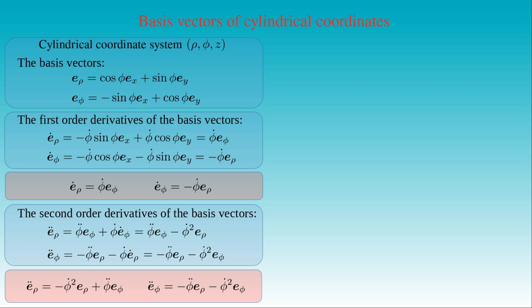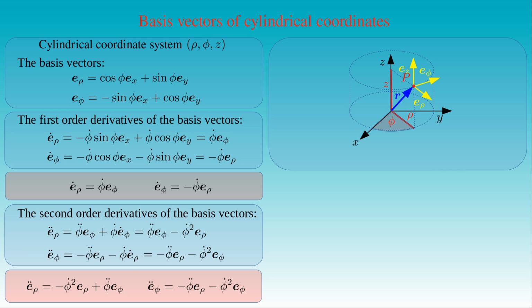We can provide some geometric interpretations for the derivatives of the basis vectors of the cylindrical coordinate system, which can be demonstrated in the figure. Here we can see the point P described with the coordinates ρ, phi and z. At the point P, we can draw the basis vectors e ρ, e phi and ez. If we translate the point P into the point P' along the curve phi equal to constant, the point P' can be described with the coordinates ρ', phi and